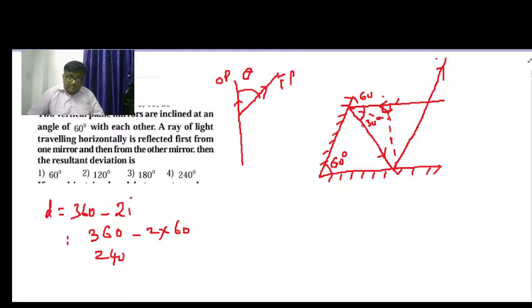The triangle will look like this actually. This is 90, this is 60, 60 because this is 30 and this is 30. So this angle would become